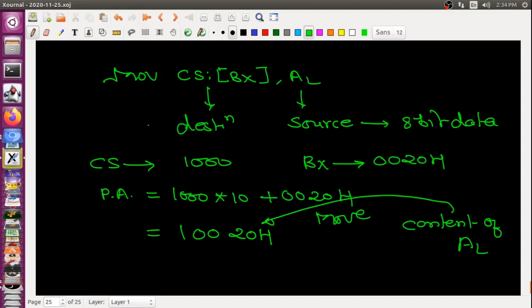So ultimately, we are writing this instruction. We are only giving the references that you have to calculate the physical address. 8086 will take care about that one, and automatically the data will be transferred from here to here. So this is a very important thing, that you should remember what type of instruction you are feeding for that, and according to it you have to do the calculation.